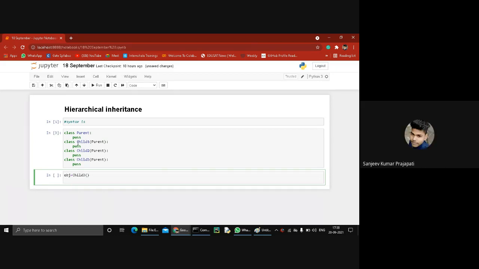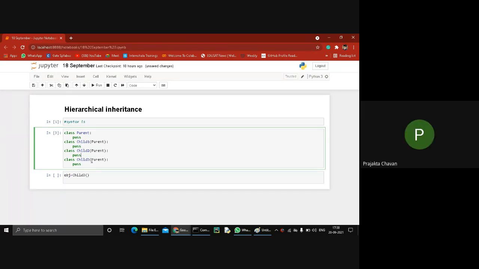Child one also contains the properties of the parent class and also contains some of its own properties. But child two is a different class and it contains all the properties of the parent and also its own properties. And child three is all different. Again, these classes are different, but the main thing is that all child classes contain all the properties of the parent class, but each of these classes contains its own properties. So these three classes are totally different from each other, guys. Okay, so don't be confused.